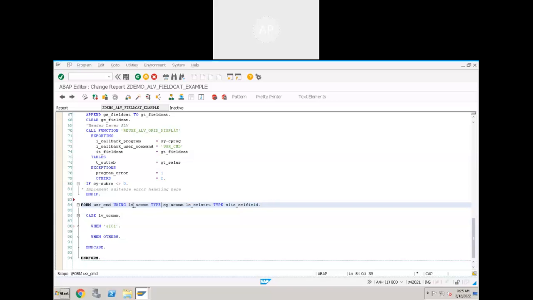One importing parameter is to capture the user action. What did the user do? Did he click on the back button, or on a record, or on any particular value? We are going to capture that here. For example, if you click on that record, what is the action code? IC1. IC1 is the action code for record selection.